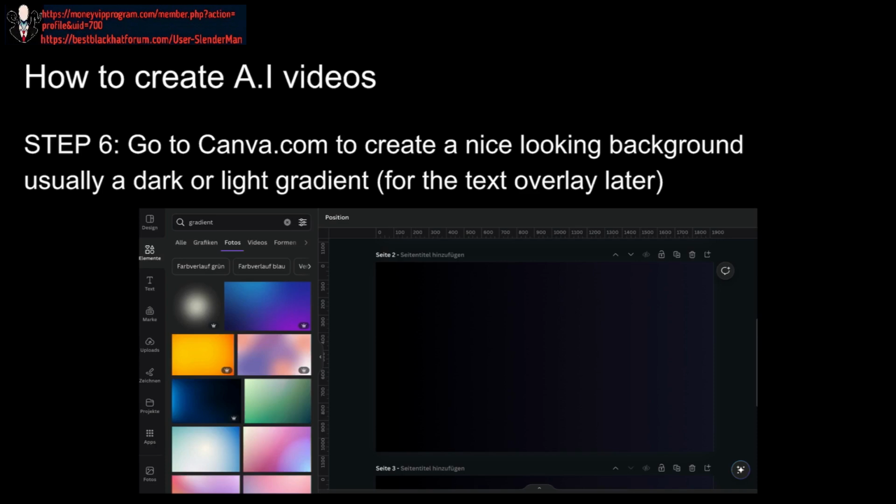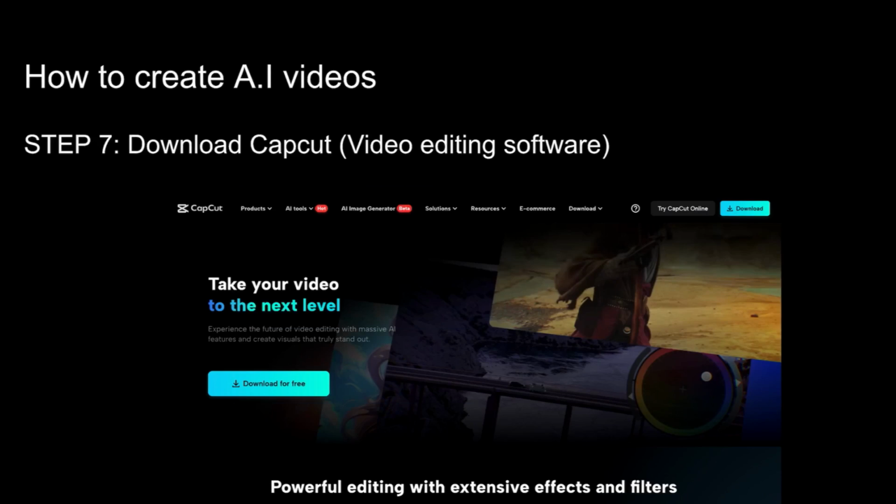I usually use a dark or light gradient. So you can just type "gradient" into this bar right here. Basically that's the background for your video, and you can just have the text overlay later. To have that kind of caption overlay like you often see in my VSLs,